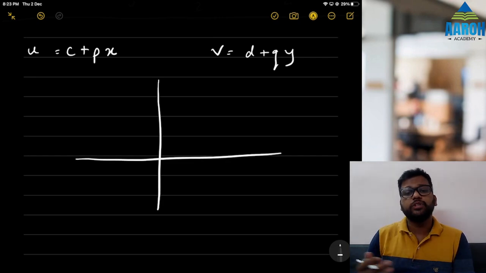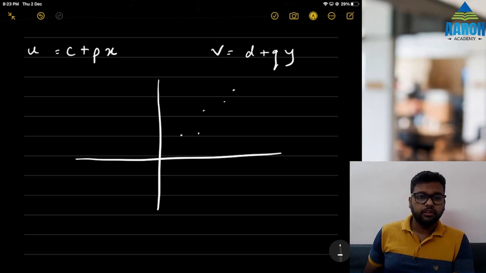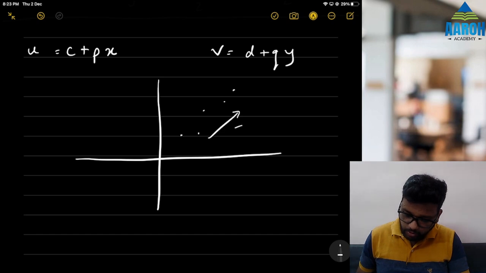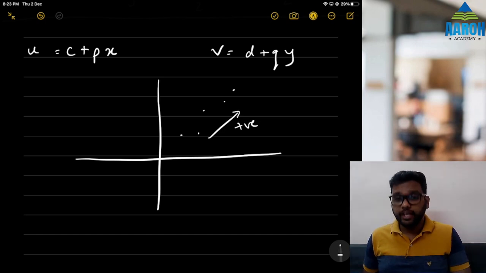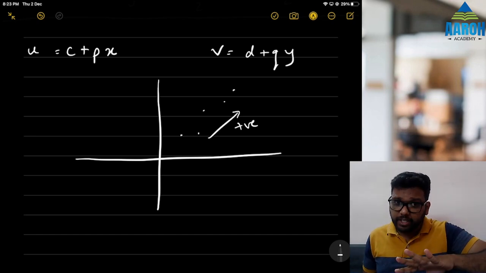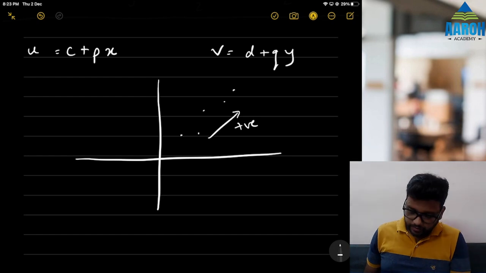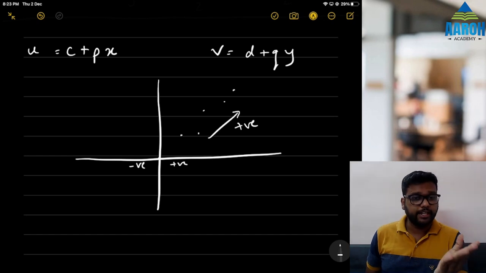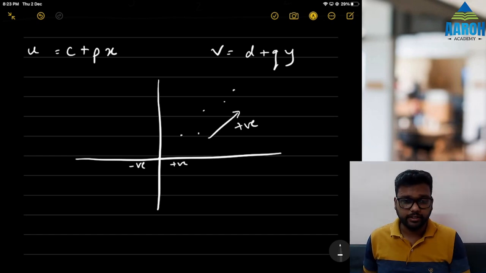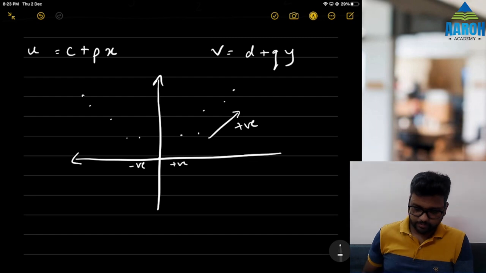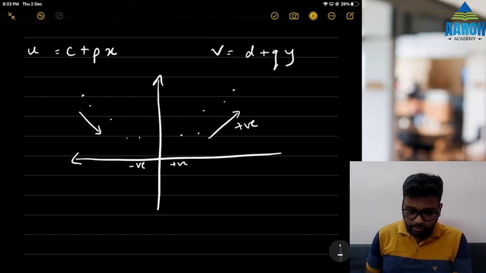Now if x and y both are positive, they'll be like this. That means correlation is positive right now. If x becomes negative but y remains positive, see here x is positive. Here x is negative, on the left side, in the third and fourth quadrant. That means y is still upwards, but x is negative, so that shape will now become a mirror image like this. So now the correlation has become negative.